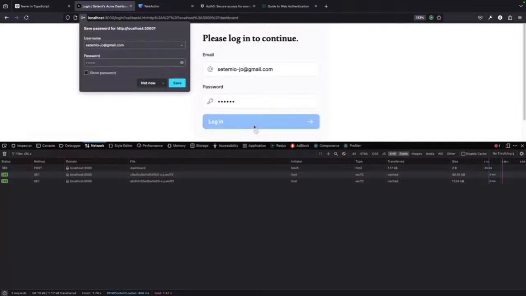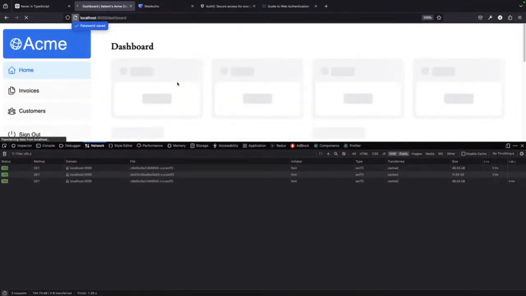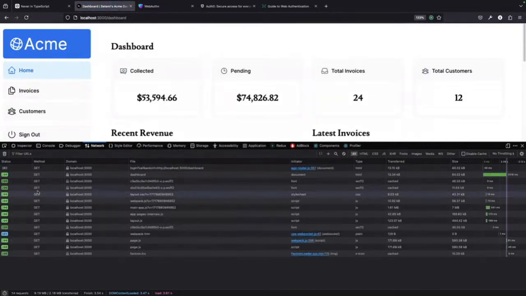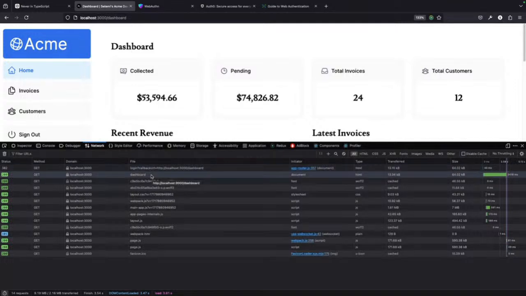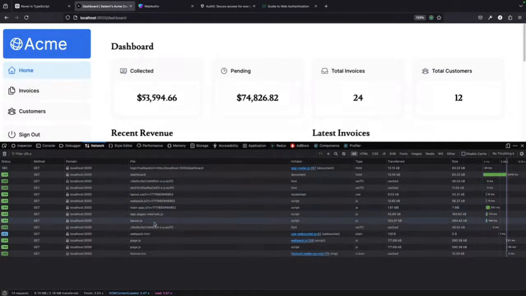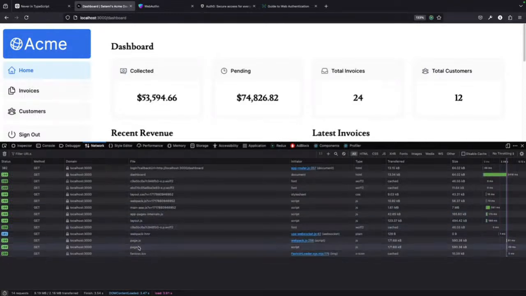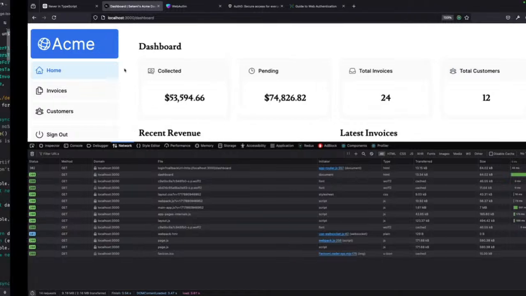Tall. So it is. Yeah, it's not. Or better still, let's just put it on all. So let's look at this. It calls the dashboard. This is Webpack. This is layout. This is the page. Yeah, it's not bad, right? It's still basic stuff, right? Yeah. And so that's basically everything there.